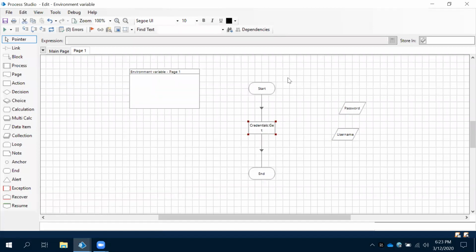That action, it will go to the database, and then it will check whether this person or this user is having access or not, whether this environment is having access or not, and this process is having access or not.